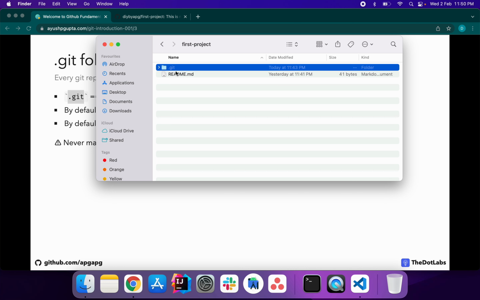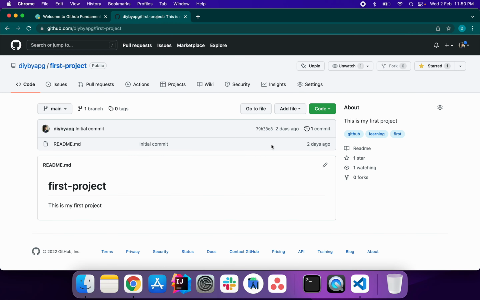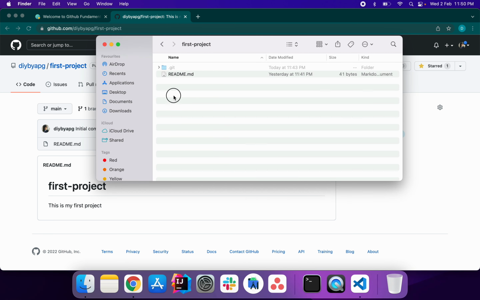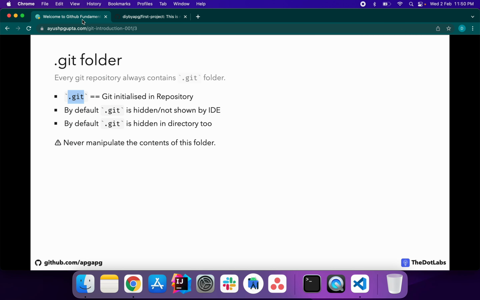So you can see .git is present. So what does this mean? This means that Git is actually working in this repository. Now, where does this .git come from? We have already cloned this repository in our last video. So for every repository from GitHub that you clone, you will get a .git folder. By default, it's hidden. Okay. Now coming back to our slides,